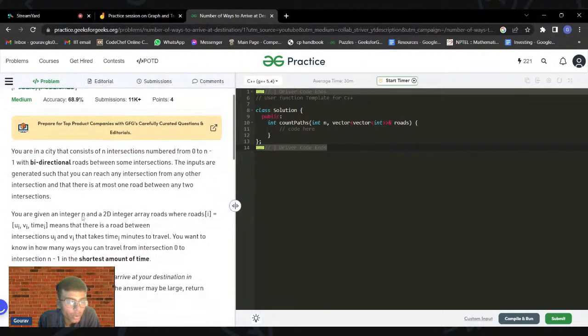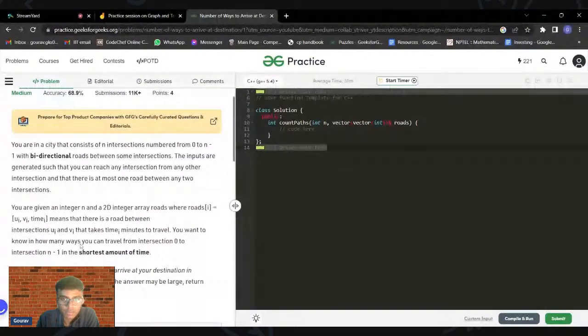You are given a 2D integer array where each integer array will consist of three values: u, v, and time. So u, v, and time means that there is an edge between node number u and node number v, and the time means the time it will take to traverse from u to v.